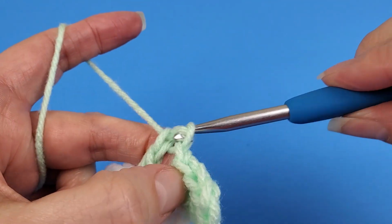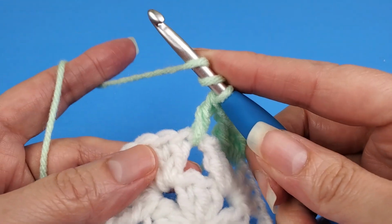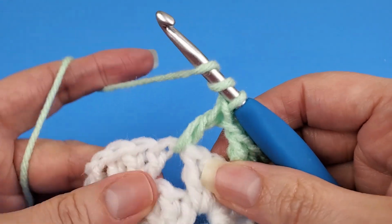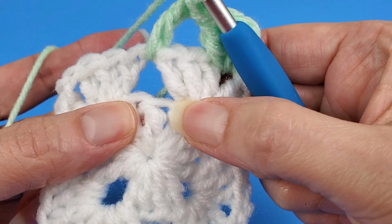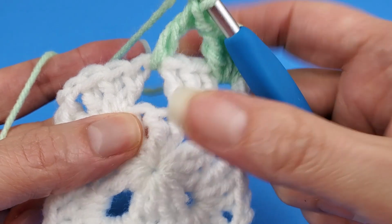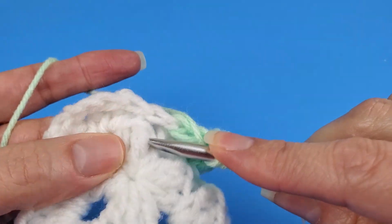Now we'll be working 2 rounds down and we'll be using a front post treble crochet stitch. We'll work it around the second double crochet of the 3 double crochet cluster right below the chain 1 space we're in. Yarn over twice, insert your hook around the back of that stitch, come back up to the front,